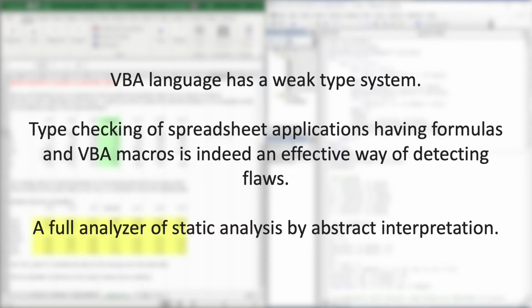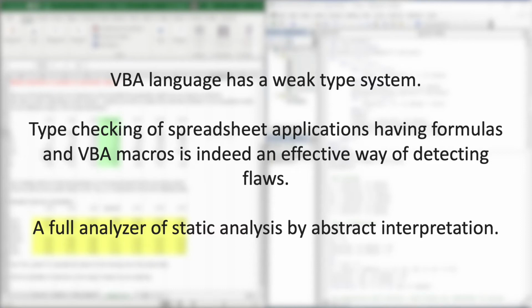Spreadsheet Verificator is powered by a full analyzer that we implement for spreadsheet applications having formulas and VBA. To analyze VBA macros, we undertake static analysis by abstract interpretation, which is traditionally used to analyze imperative programs like C and Java.